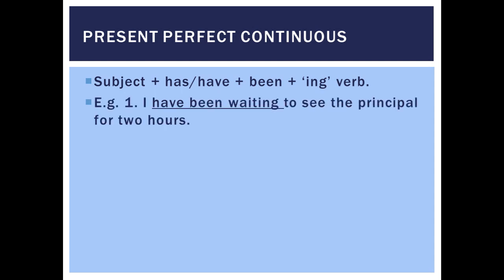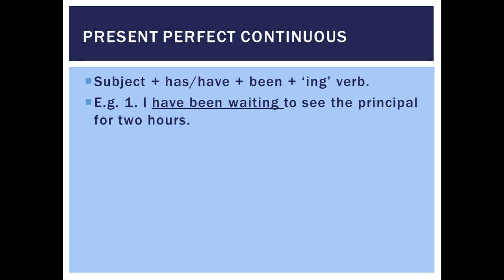The next tense is present perfect continuous tense. We make this tense with the form subject plus has or have plus been plus ing verb. See the example: I have been waiting to see the principal for 2 hours. It means that